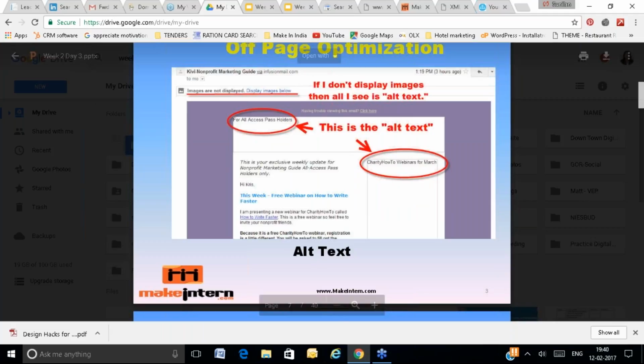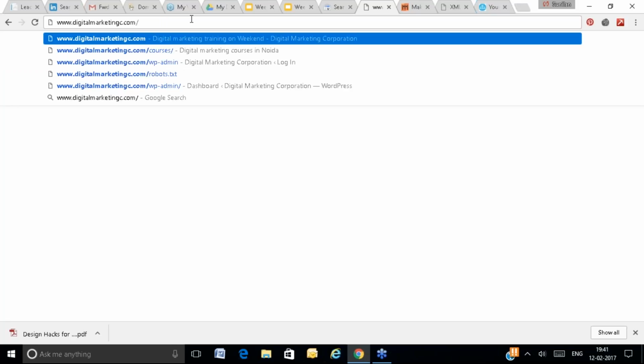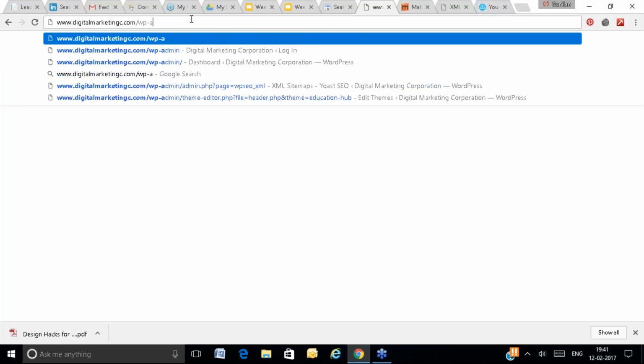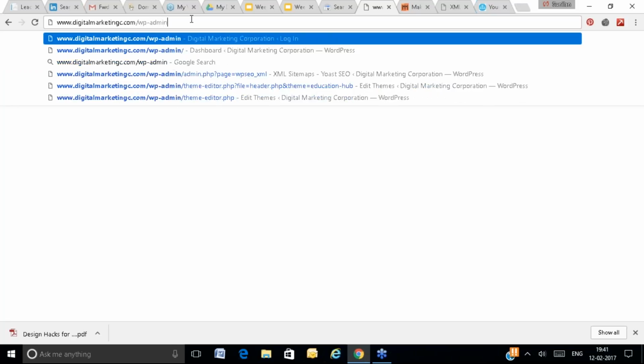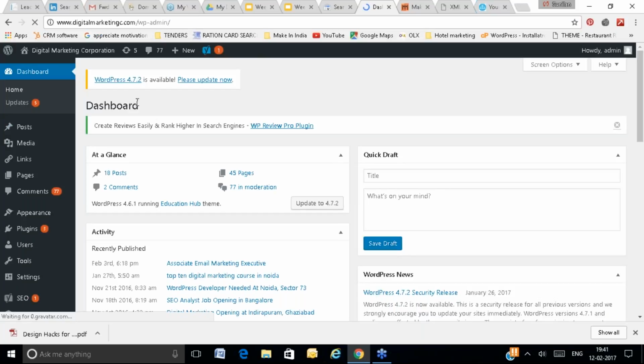Whenever you are placing an image, we have discussed how you can optimize an image. Let's suppose this is your website. Go to your website. Do you know image optimization? Go to WP admin, and your image must have a proper name.